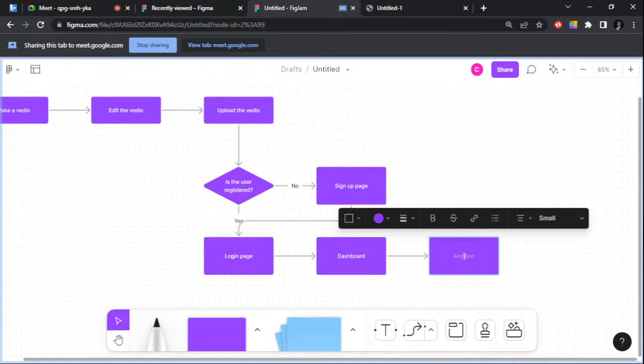So basically this is a simple flowchart of how a user can actually upload a video. Now I can decide to start and end this, but the reason why I didn't really end is because this is not like an exact starting of a process flow, but since that is what we are working on,